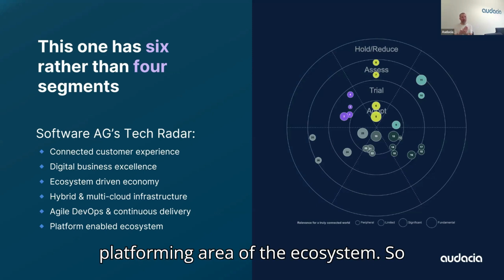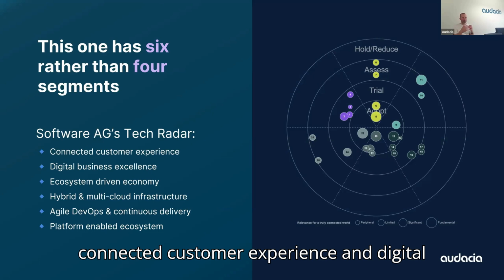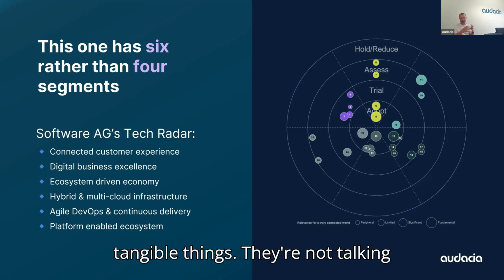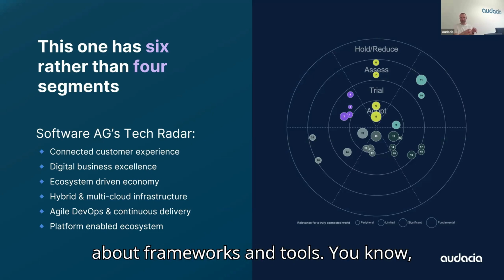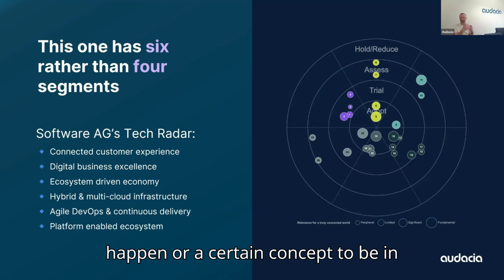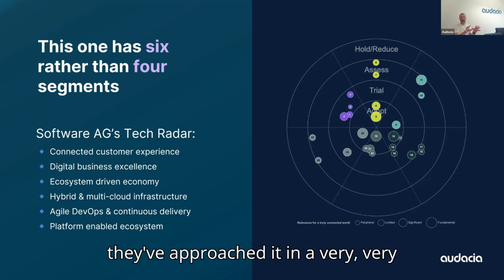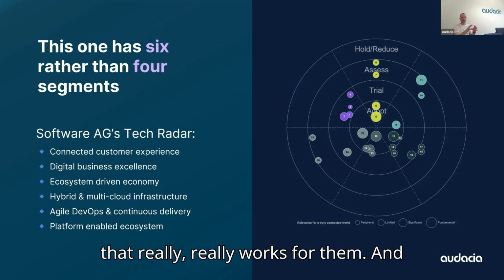and then platform-enabled ecosystem. So some of those, connected customer experience and digital business excellence, are not very tangible things. They're not talking about languages, they're not talking about frameworks and tools. They're almost talking about things that enable a certain thing to happen or a certain concept to be in place. So they've approached it in a very, very different way, but obviously in a way that really, really works for